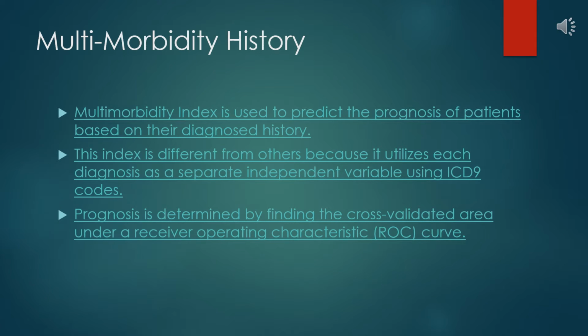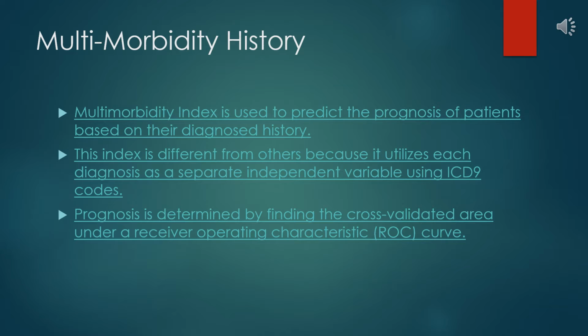So a little history on the multimorbidity. The multimorbidity index is used to predict the prognosis of patients based on their diagnosed history. This index is different from others because it utilizes each diagnosis as a separate independent variable using ICD-9 codes. So instead of classifying these diagnoses into categories, it is built from thousands of diagnoses. And the prognosis is determined by finding the cross-validated area under a receiver operating characteristic curve, also known as the